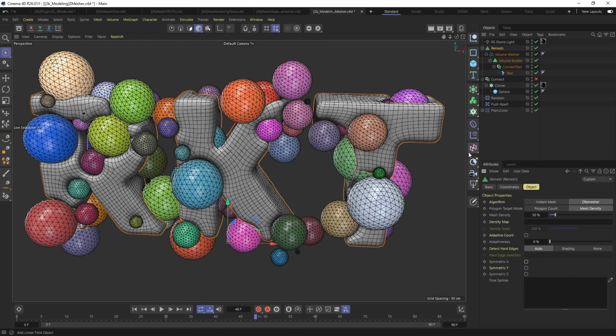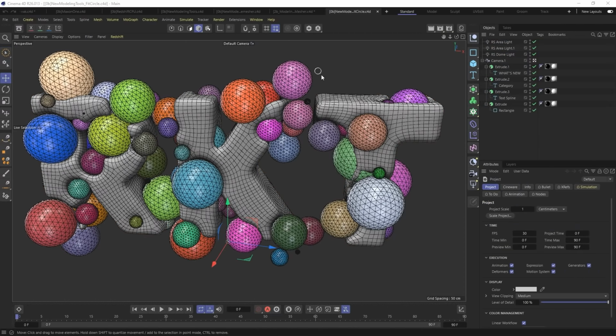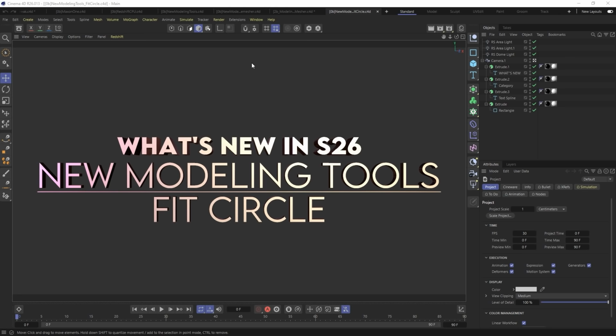Just drop your model in. It seems to calculate it just fine, and it's giving us super powerful, super usable end results. So I expect that tool to be useful not only to me, but to pretty much everybody doing any modeling inside of Cinema 4D. The next modeling tool is Fit Circle, and this is all about manipulating your geometry to